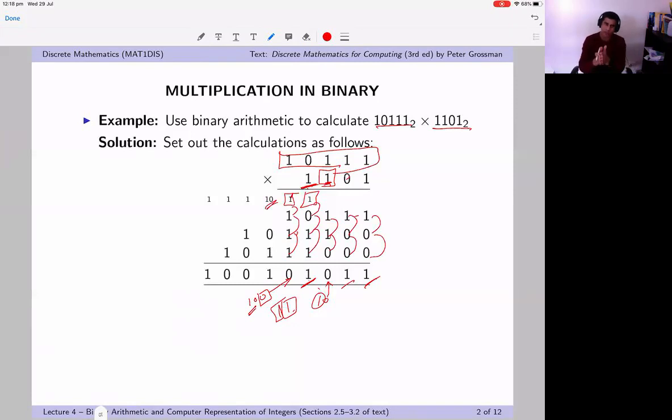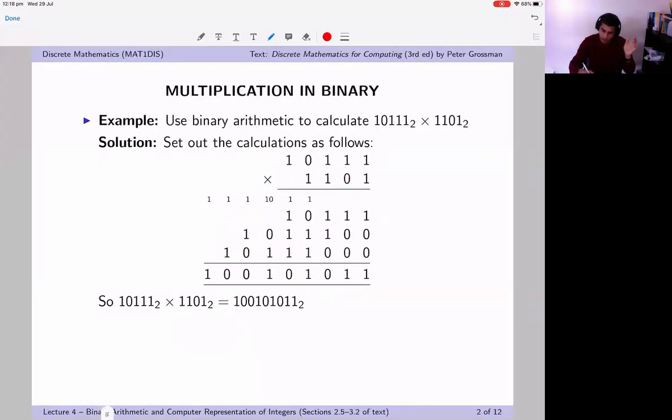Now remember, at one step, I am only allowed to enter 1 digit, not 2 digits, unless it is at the last one. So now 1, 0 plus 0 is 1, 0, plus 1 is 1, 1. Of that 1, 1, I would put 1 here, and 1 is carried forward. So 1 plus 1 is 1, 0. Of that, 0 stays here, and 1 goes forward. And 1 plus 1 is 1, 0. So you would have 0 here, and 1 carried forward, and there is nothing else, so 1 stays the same. So all of this gives us the multiplication result 1, 0, 0, 1, 0, 1, 0, 1, 1